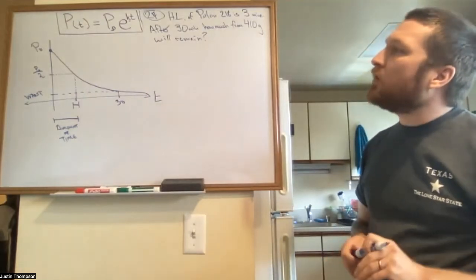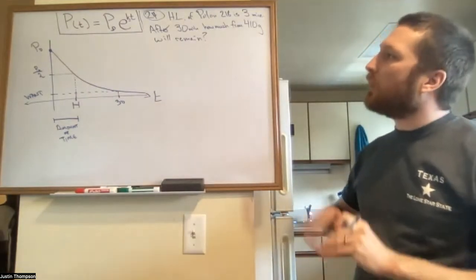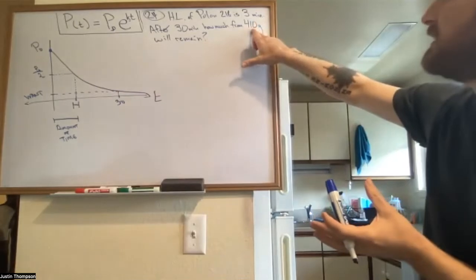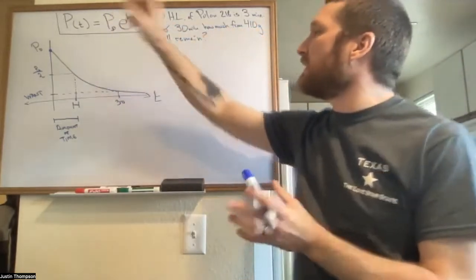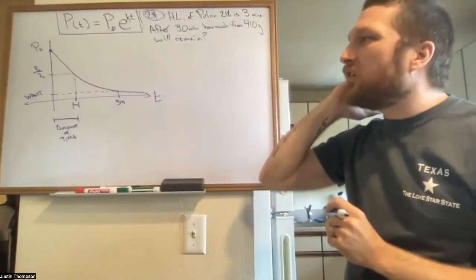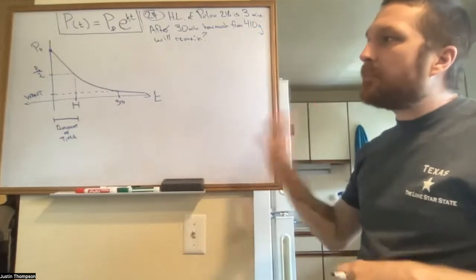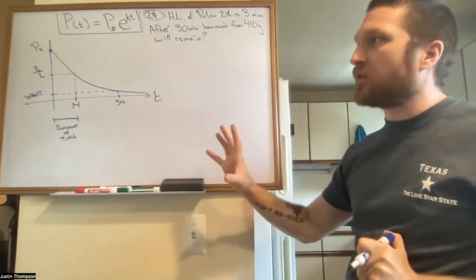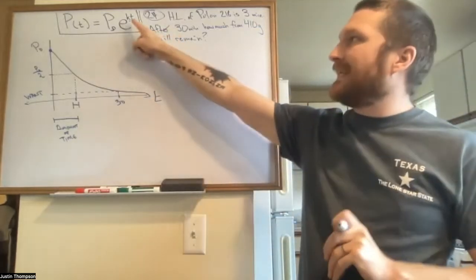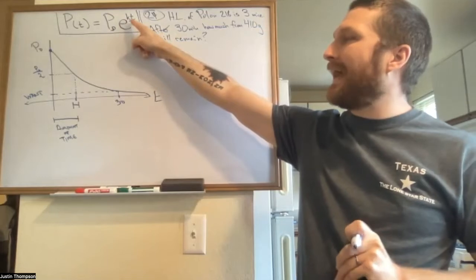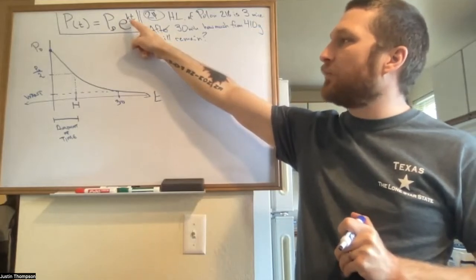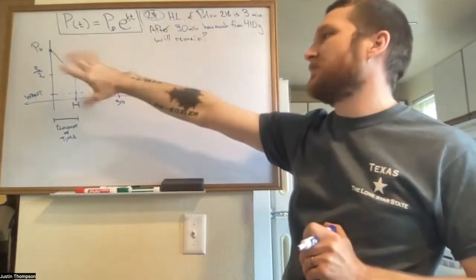Now, what you could start doing is immediately going, okay, we know 410 is the initial amount, and so that's going to be my P0. We could do that, but the way I'm going to do this at first is to just find K. I want to get K. The reason why, and you'll see in just a second here, is like,